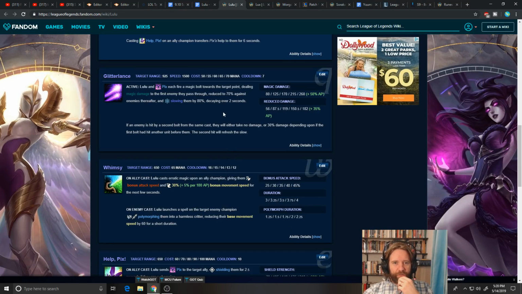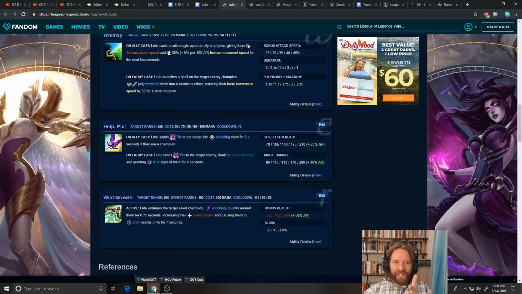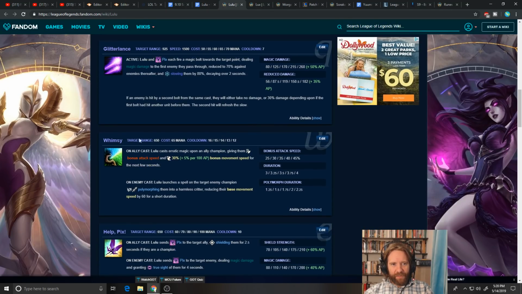So she's got a lot of versatility, good poke in lane, shield kind of anemic. I think a lot of builds, you just aren't even really getting your shield very much anymore. So I just wouldn't even consider her much of a shielder. You know, I think just getting 3 points of Glitter Lance and then maxing out your Whimsy and then maxing shield last is where you want to be. Of course, you'll put 1 point in it. But,